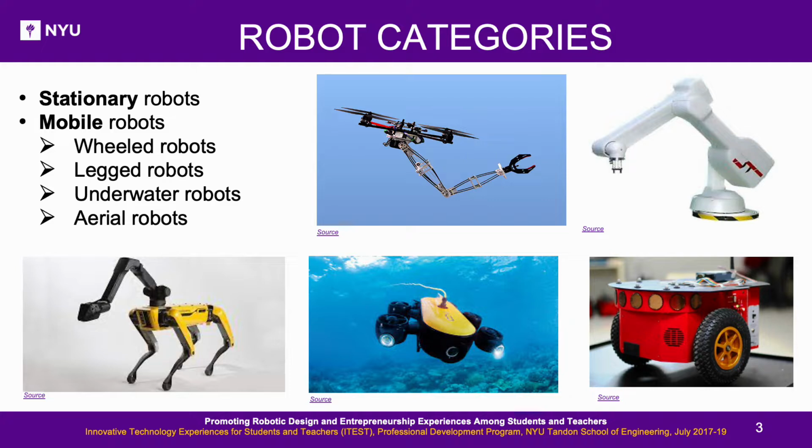Wheeled robots. Wheeled robots are ones that move around the ground using actuated wheels to drive themselves. These are simpler than other types of mobile robots because they are easier to design, build, and program for movement. Legged robots. Legged robots can navigate on any kind of surfaces, especially which is inaccessible for robots with wheels,